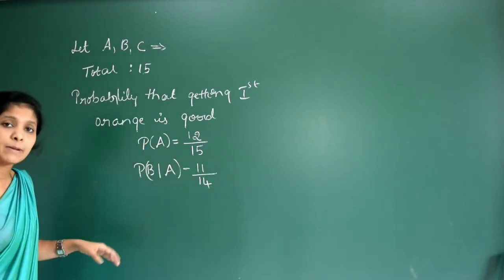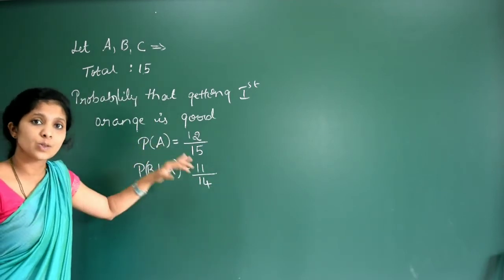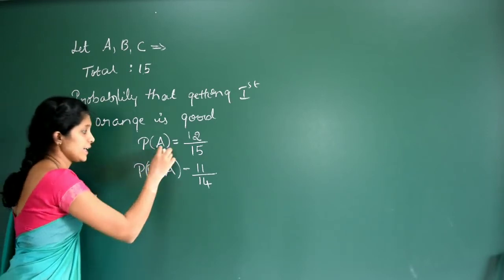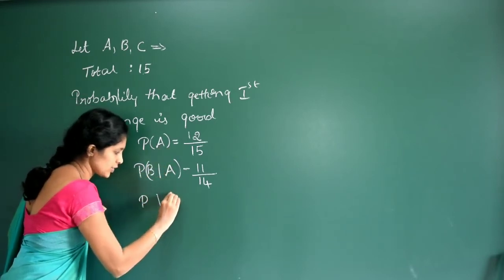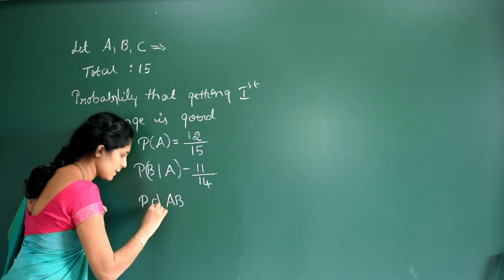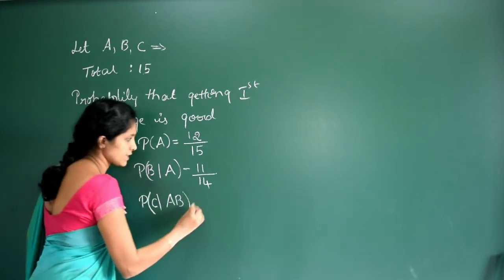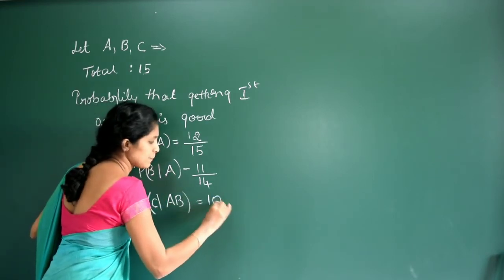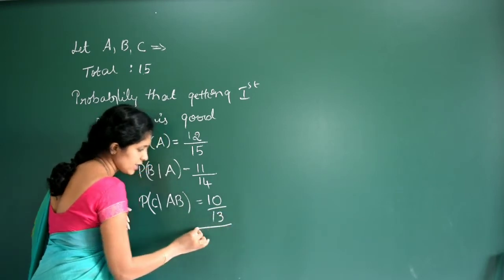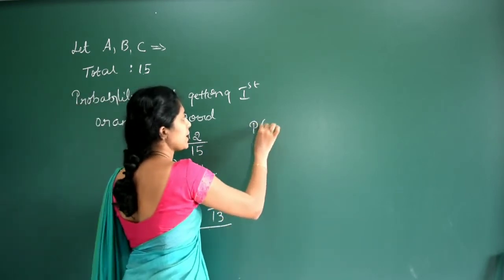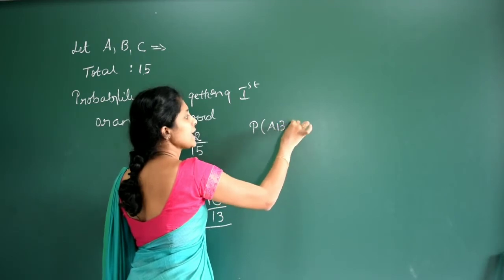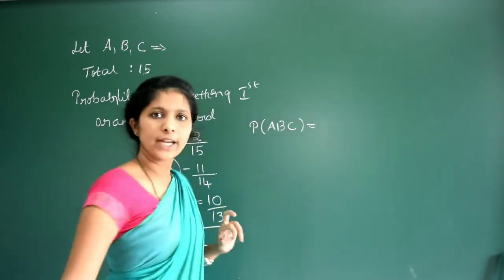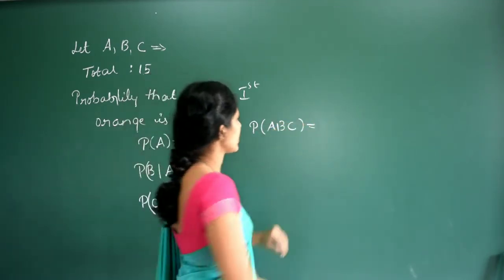Next, probability of getting third orange is good. So there which one is done? A and B are done. So this has occurred already. So probability of C where A and B have occurred is equal to 10 by 13. Right? Now what you have to find? Intersection. P of A intersection B intersection C is equal to